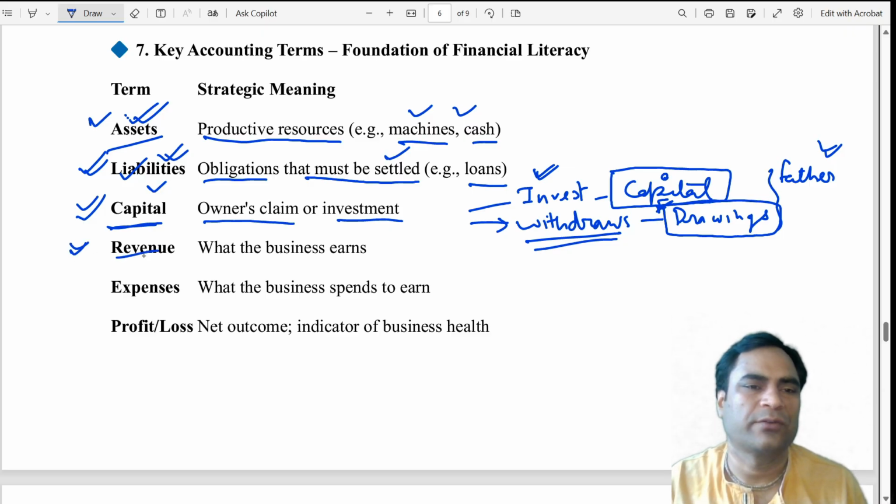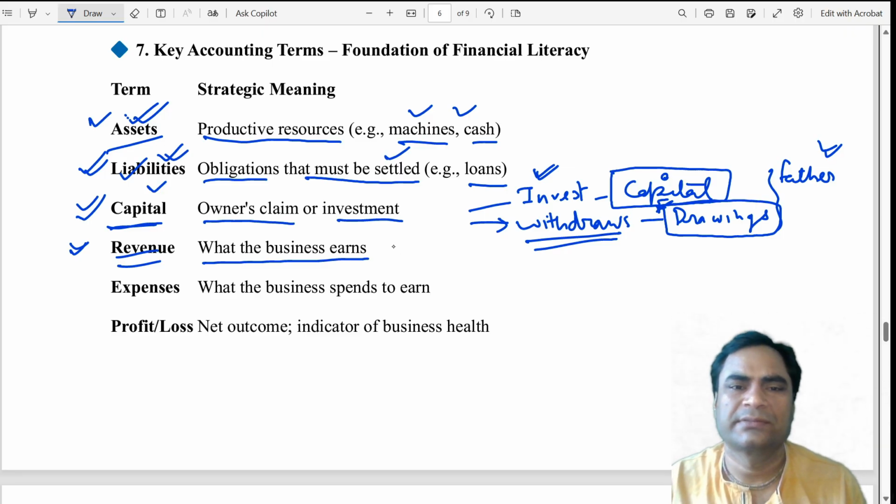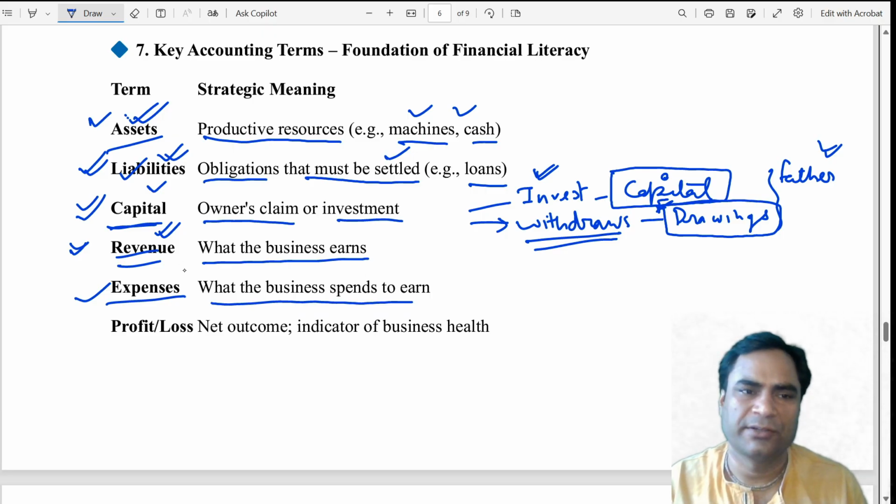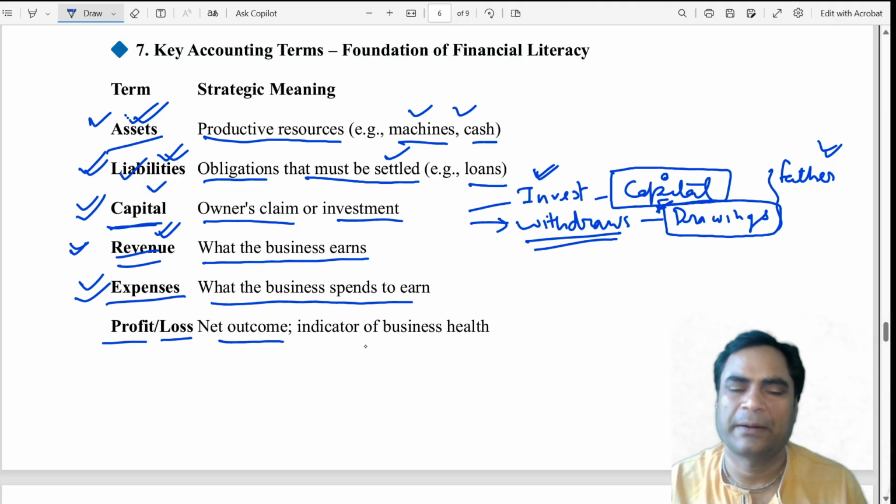Then another term is revenue. Revenue means what the business earns. You produce some commodity, then you sell it, then ultimately what you get in return is known as revenue, right? Expenses, what the business has spent to earn. You want to earn something, you need to spend before earning anything. So the expenditure you have made for earning the revenue, that money spent, is known as expenses, right? Then the final result is profit or loss, the net outcome of all the activities during a particular accounting period,